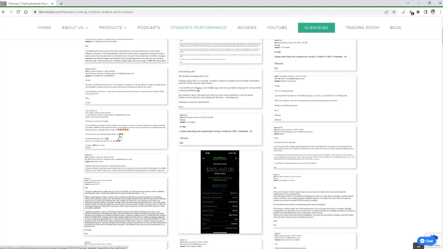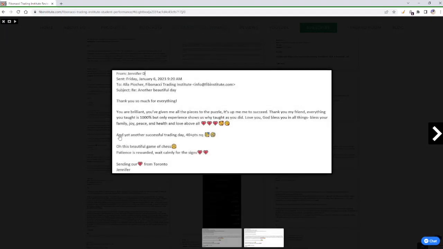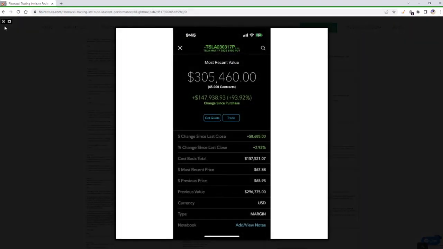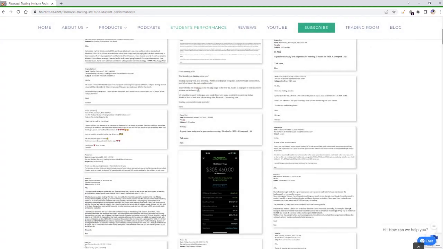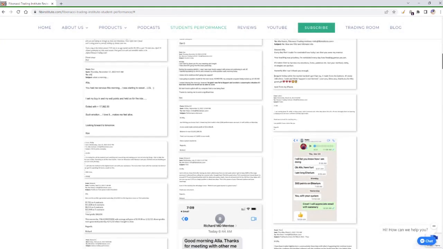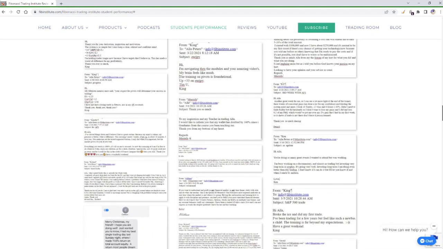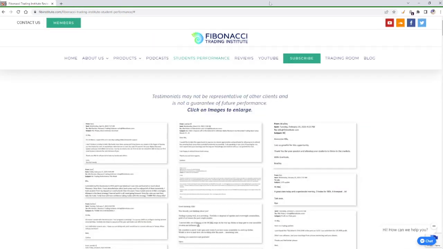Again, a mom with two little babies at home. Her husband brought her to the course. If Jennifer can do it, anyone can. If Richard can do it, anyone can. If Pablo can do it, if Brad can do it, if Theo can do it, if all of these traders can do it, anyone can. Simply make an effort. Can you do that?